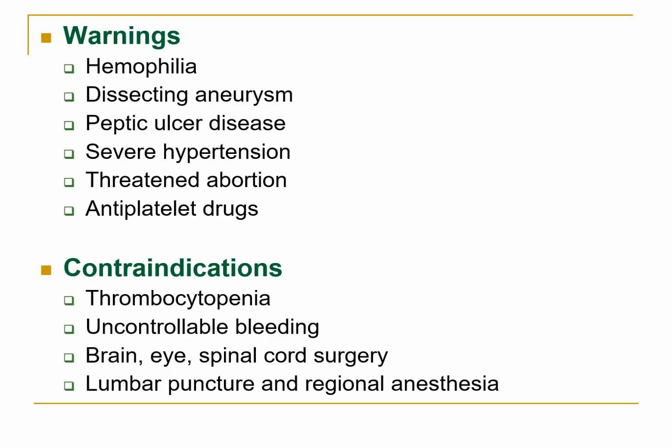Before we start heparin, we want to see: is our patient a hemophiliac? Does our patient have a dissecting aneurysm? This is kind of tricky because the patient would come to the emergency room with chest pain. Most probably it's an MI, but you want to make sure it's not a dissecting aneurysm, where you would have bleeding, for example, in the aorta between the intima and the media. And if you give an anticoagulant, the bleeding would be even more,